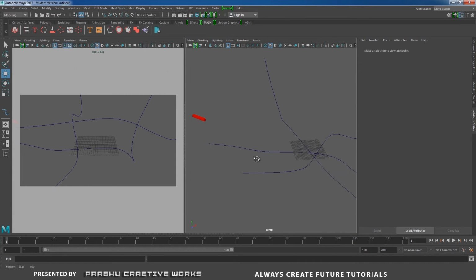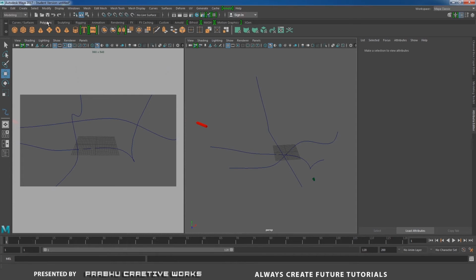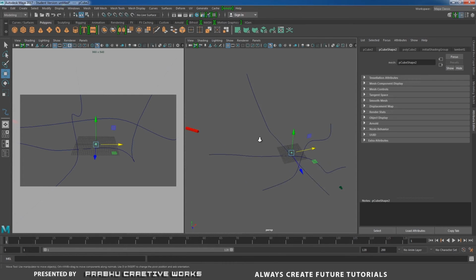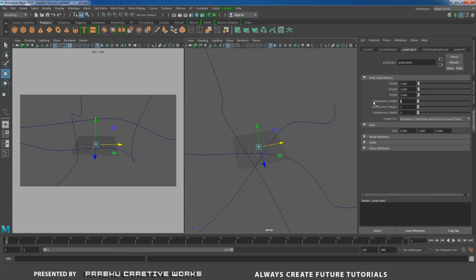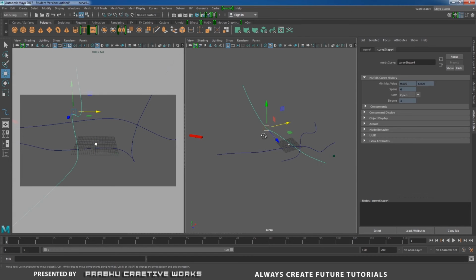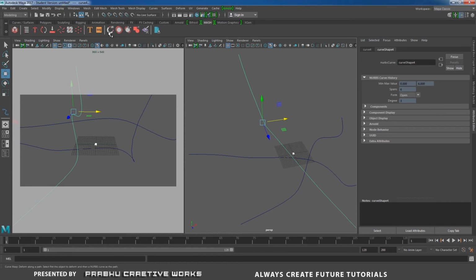Now you want to make another curve to animate. Create another polycube, and it will automatically be created in the center of the grid. I will give 20, 20 and 20 divisions. With the cube selected, shift select any of your NURBS curves, go to mesh and click on curve wrap.